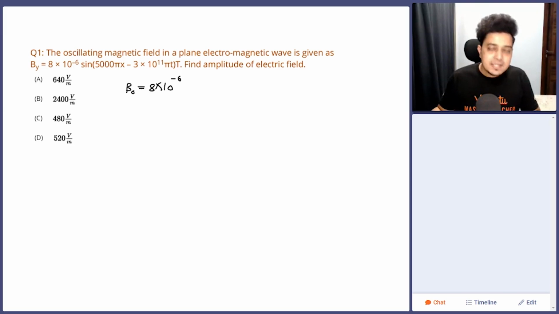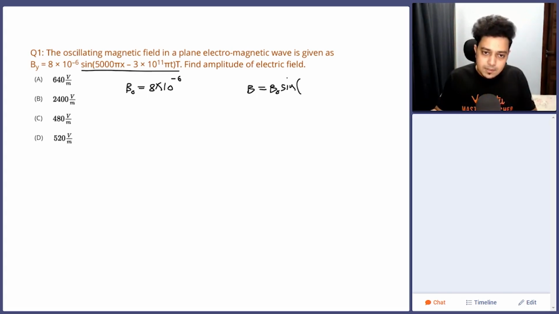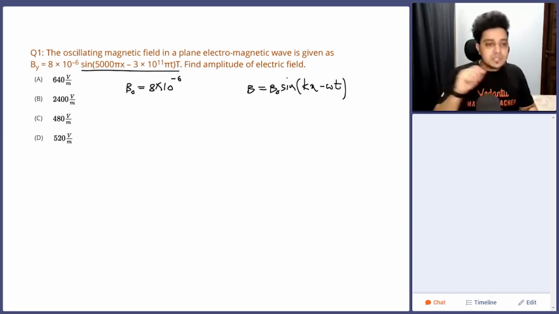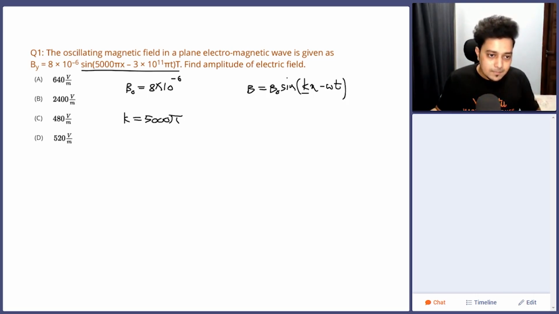to minus 6. Then if you compare the given equation with the standard equation of wave, you can figure out, see, the standard equation can be written something like this: B equal to B naught sine of kx minus omega t or omega t minus kx. We don't do comparison first to first, second to second. We do coefficient to coefficient comparison. So omega t can be first and kx can be second. Coefficient of x is k. So we have k value as 5000 pi and omega as coefficient of t, that is 3 into 10 raised